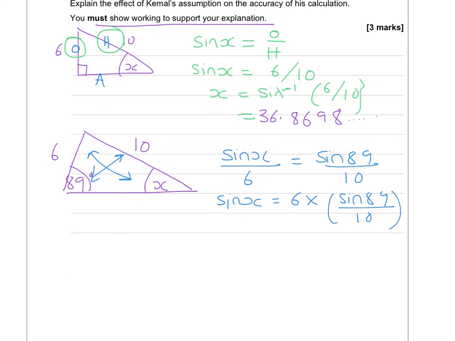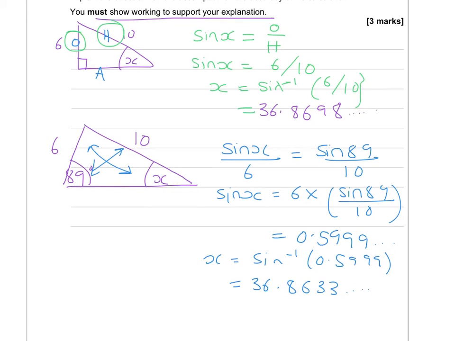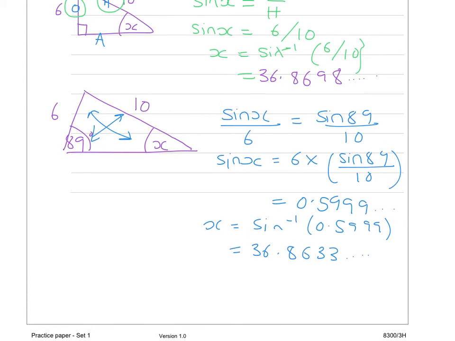And this is equal to a value of 0.5999... So x is equal to sin⁻¹ of this number, which gives us a value of 36.8633... We then have to make a sensible comment on the answers, and we can say a number of